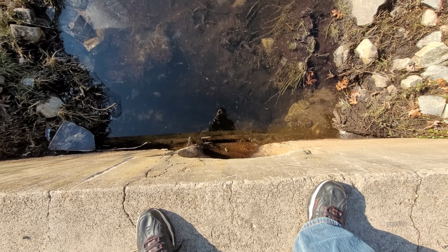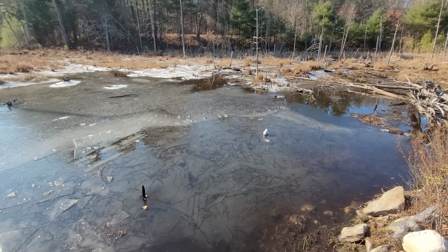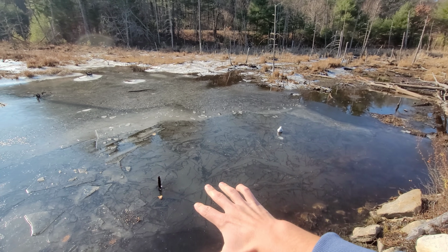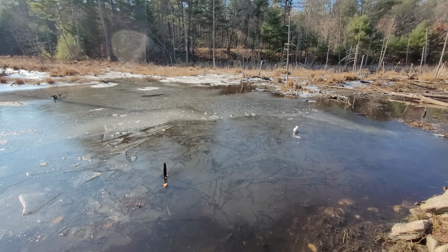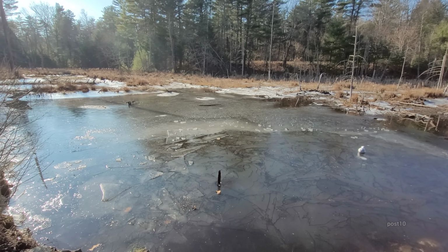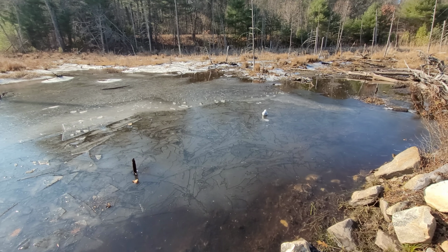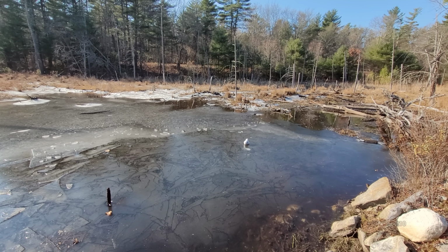Nothing's here. This time of year, with the ice, it's just about impossible for the beavers to build back because they need open water without ice to be able to float over materials. Beavers are active in the wintertime, but they tend to stay underneath the ice and go back into their lodge when they need air. Beavers store all their stuff for the winter, their food. They work all summer creating a big supply of sticks. They sink it in the pond, and that's what they survive on throughout the winter, so they don't have to